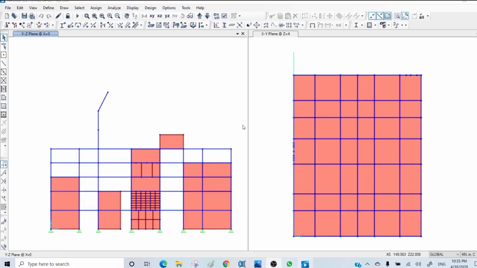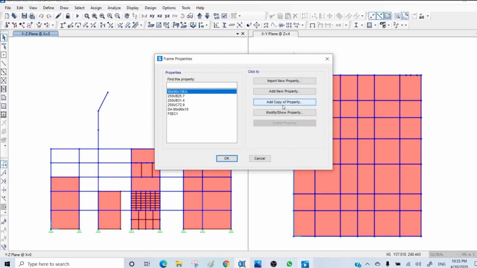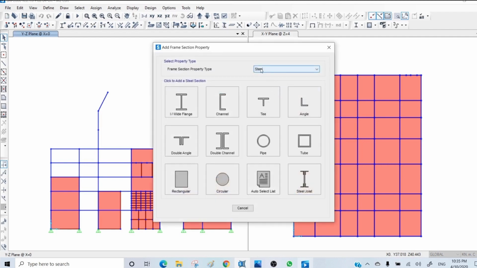Hello everyone, video 4 of module 2. We continue showing how to define sections. This video is mainly focusing on defining concrete sections for frame element and shell element. To create concrete sections, we come to define section properties and we go to add new property and change this